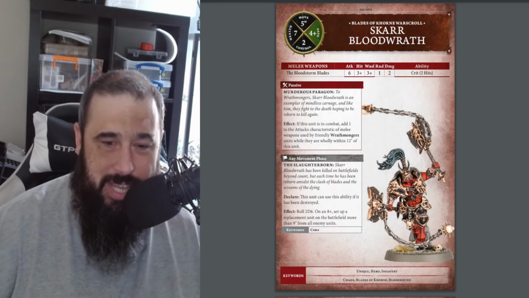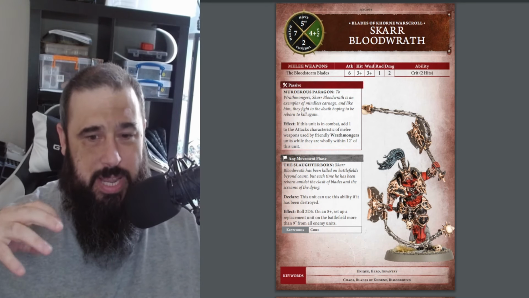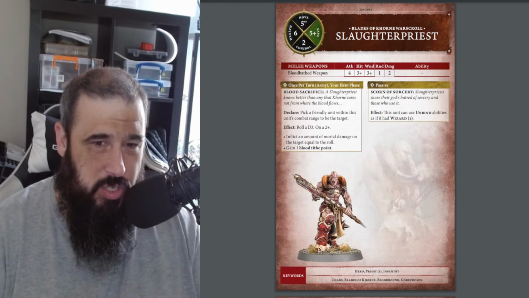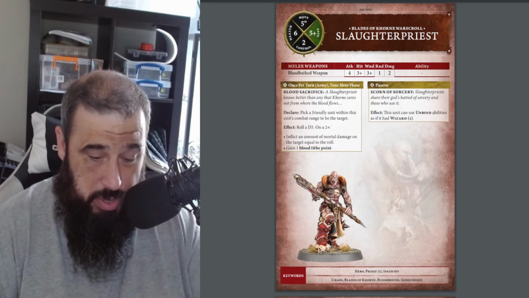That's kind of cool. He is kind of almost a demon. He's kind of like possessed. He's like a possessed Chaos Khorne warrior. Kind of cool. Next up, we have a Slaughter Priest, probably a mainstay of your heroes, and Slaughter Priests come in